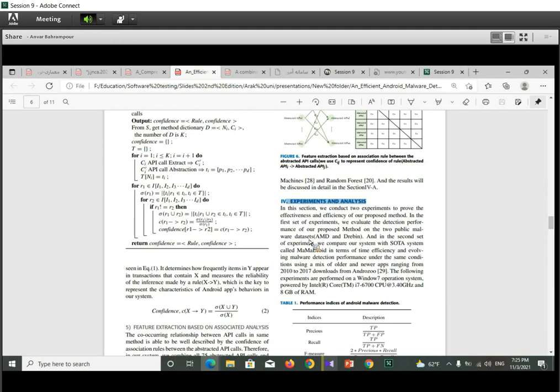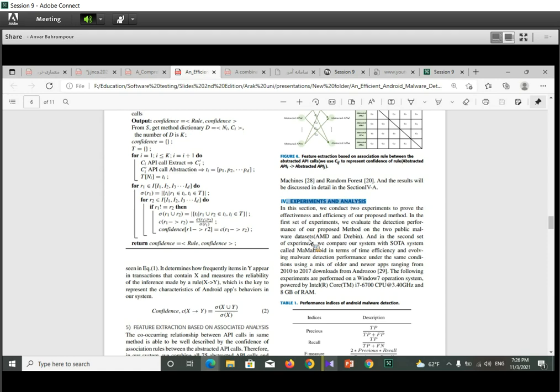At the first part of this section, it should be written how we evaluate the proposed method and which data sets or which methodology are used to evaluate the performance of the proposed method.